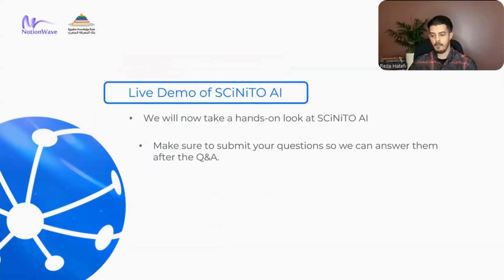So I'm going to give you a live demo of this. Once again, for today, as this is the basic workshop, we'll take a full look at Smart Search